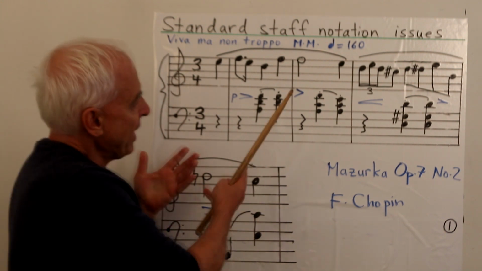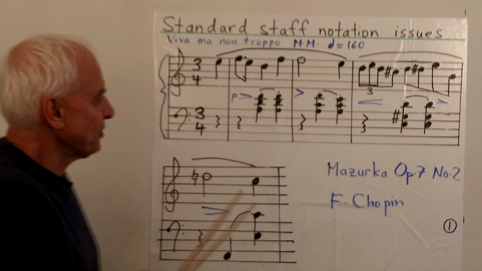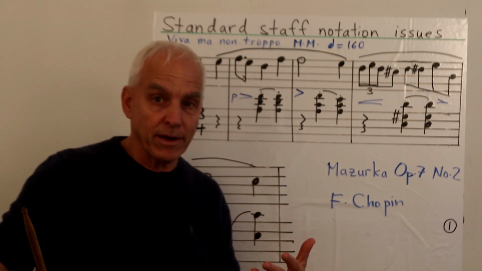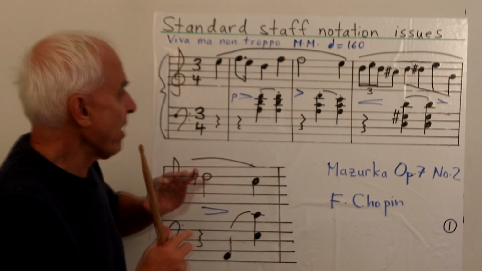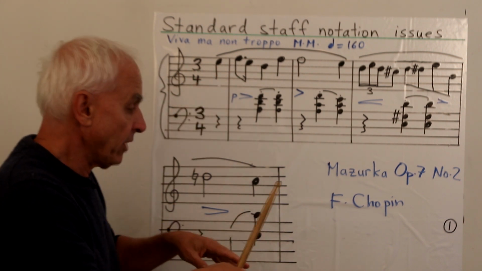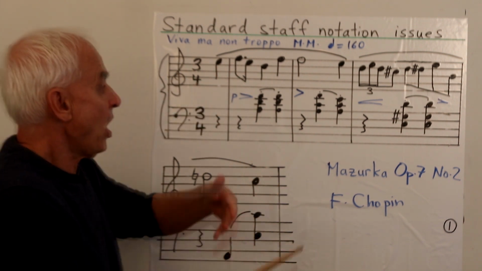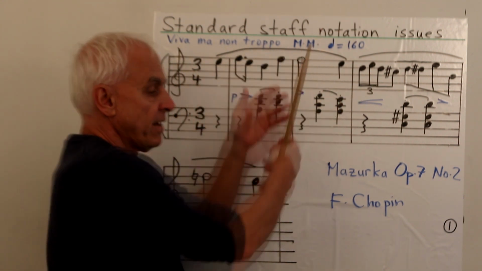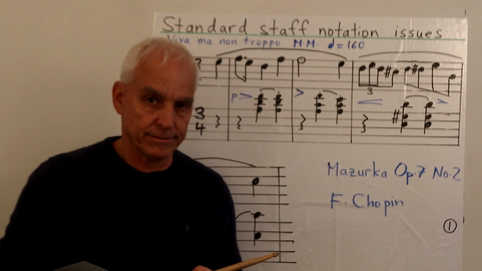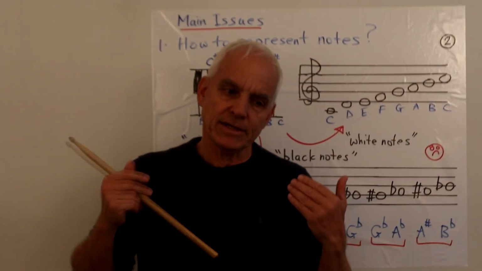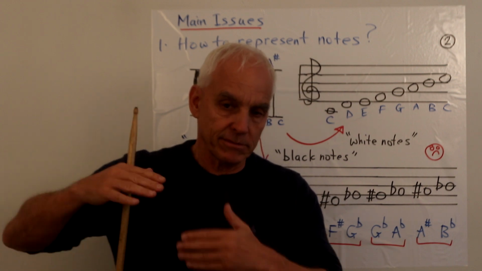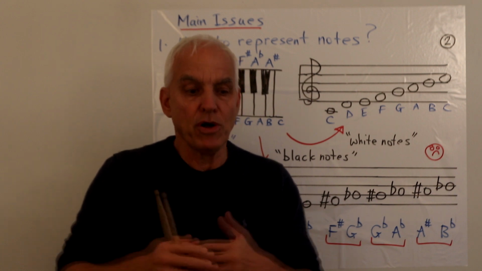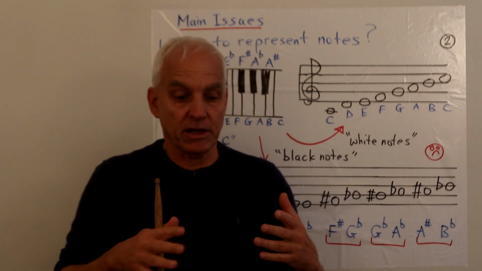Okay, so that's a brief introduction to some of the features that we have, and you see it's quite a rich story, centered all on this way of representing notes on the piano, or more generally just musical notes on a staff. Okay, and it's this correspondence that we want to have a very good look at. So the main issue here is, how do you actually represent notes, different pitches, different frequencies on a page? How do you put a piece of music on a page so that somebody can just play it without having heard it before?